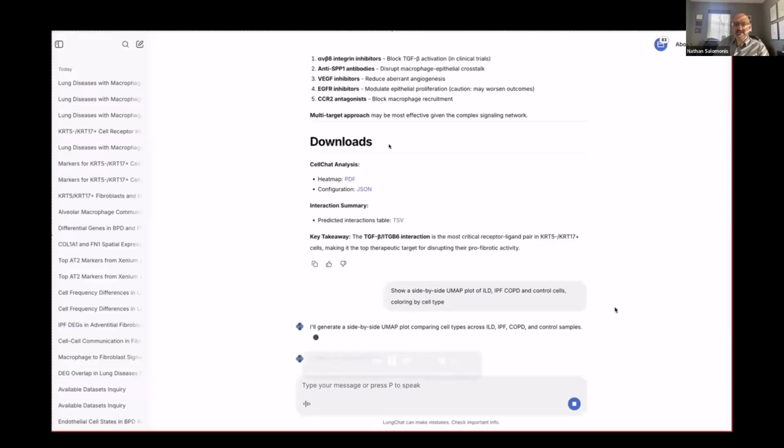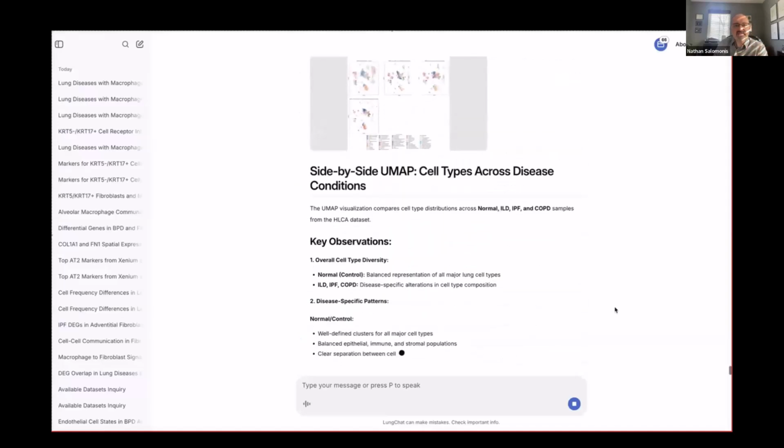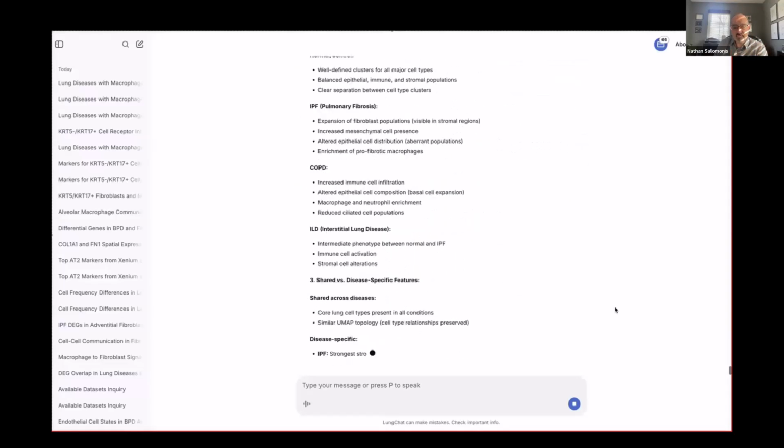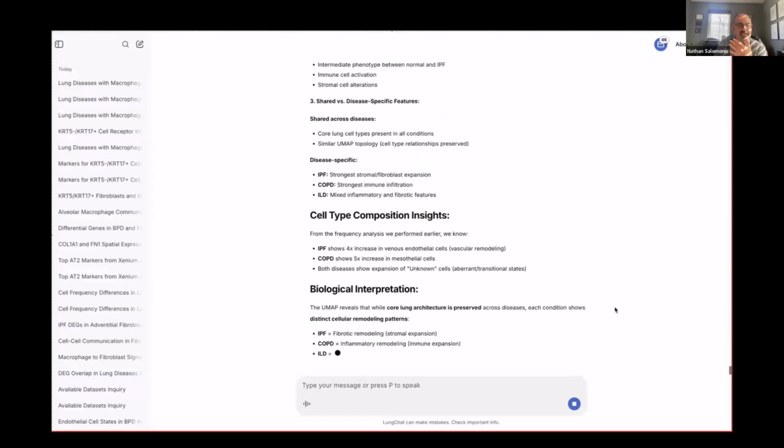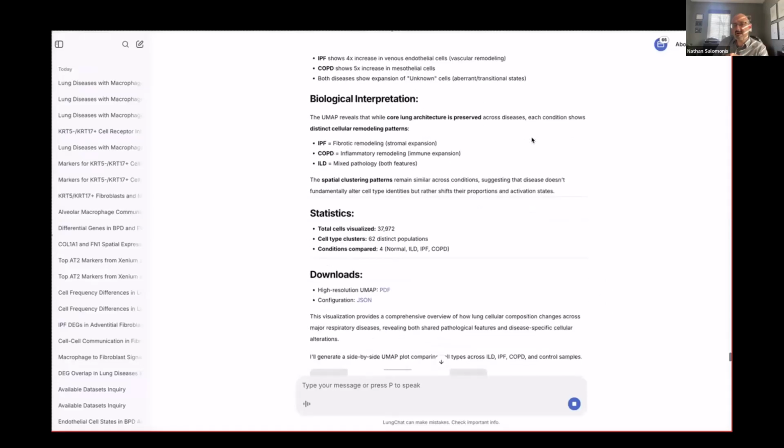And so it's listing some of those results here, and it's generating some of those interpretations, but there are different ways to access that information. And again, you can generate, as I showed you before, these simple side-by-side UMAP plots, which will interpret, especially across disease contexts, to tell you what some important differences between these are.